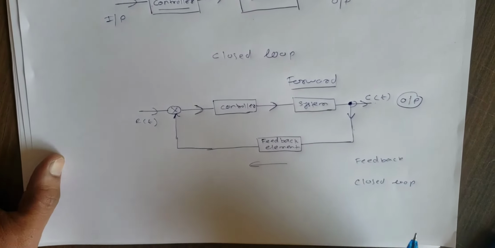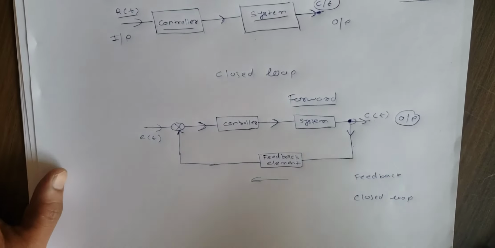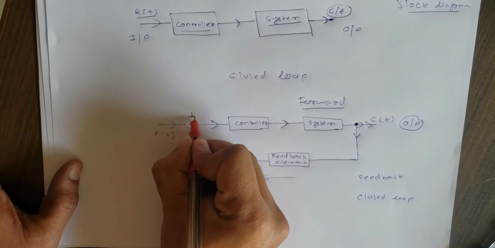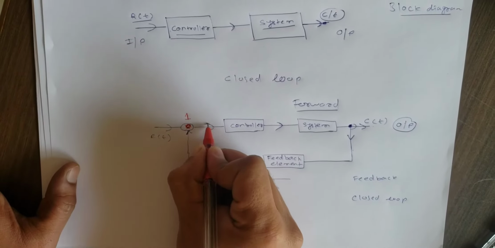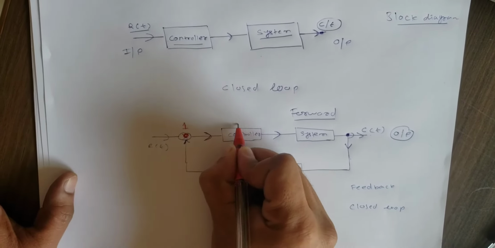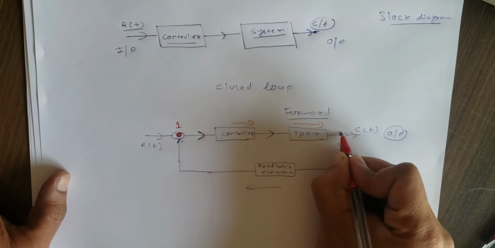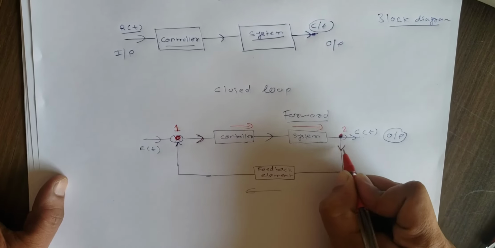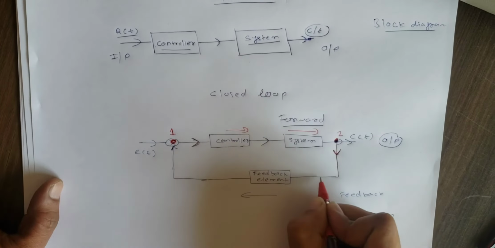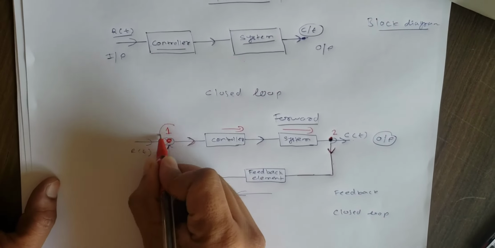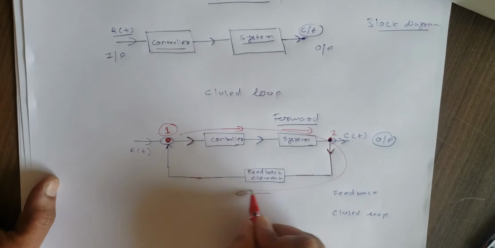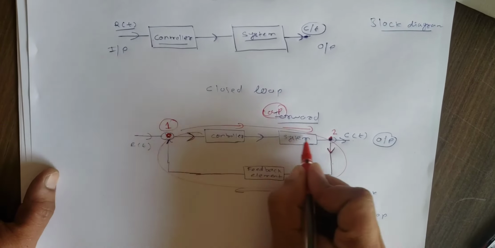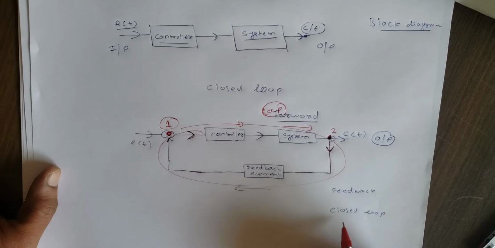Now what is meant by a loop? Let's take an example. We start from this point, which I'll write as 1. Then there is an arrow in this direction, so I can move this way and reach point 2. Then there is again an arrow, so I can travel back to the same point. Therefore this portion is called a loop, which is a closed one. I can start from 1 and reach point 1 again. That's why it is a closed loop.